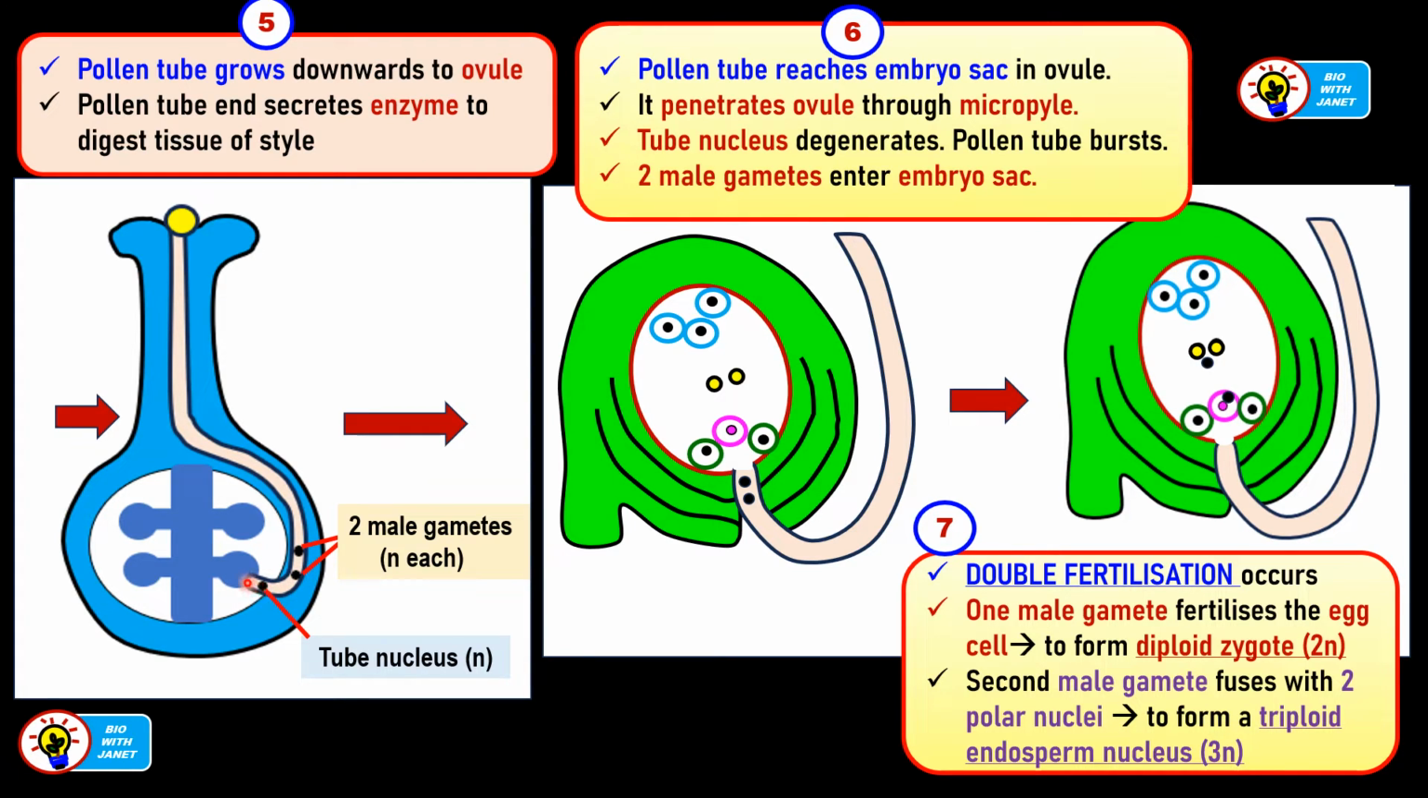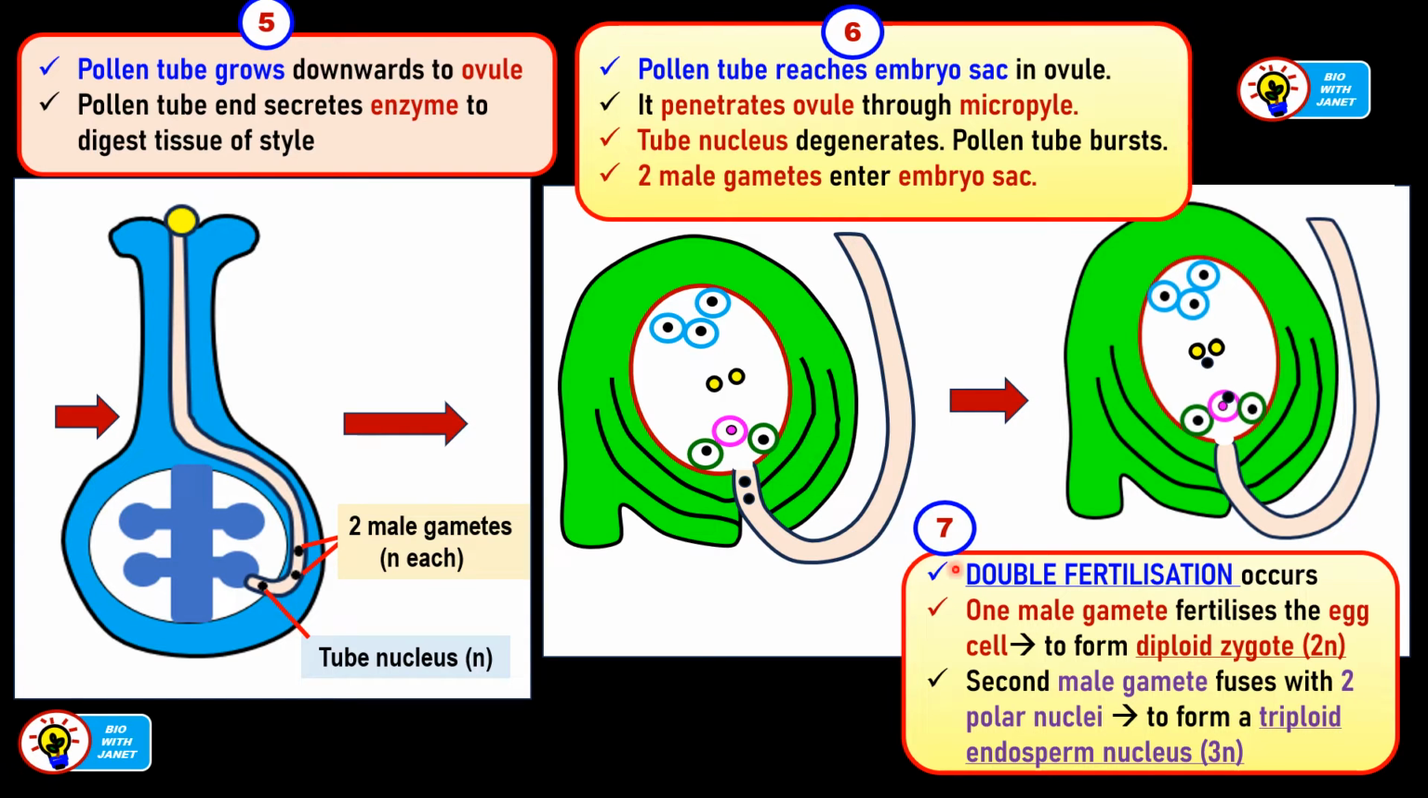So the tube nucleus will guide the pollen tube to the ovule, and the male gametes will follow behind. Next, the pollen tube reaches the embryo sac in the ovule. It will penetrate the ovule through the micropyle, or small opening here. Then the tube nucleus degenerates. So now you cannot see any more tube nucleus because it has degenerated or broken down, leaving the two male gametes, right? And the pollen tube bursts to allow the male gametes to enter the embryo sac here, which contains the eight nuclei,